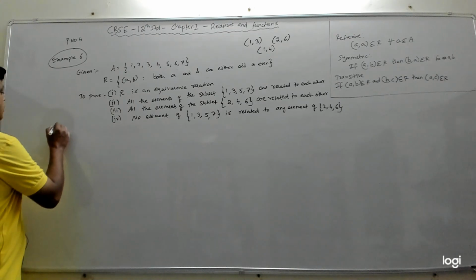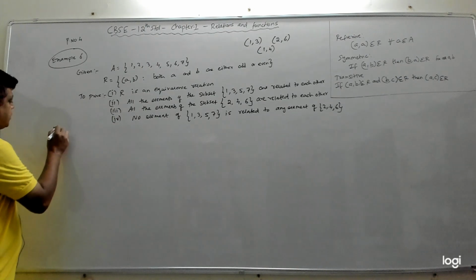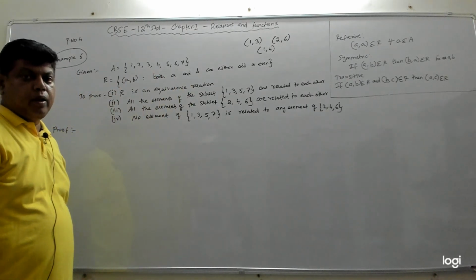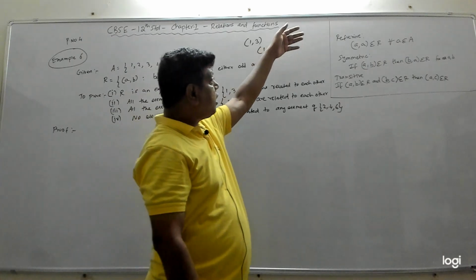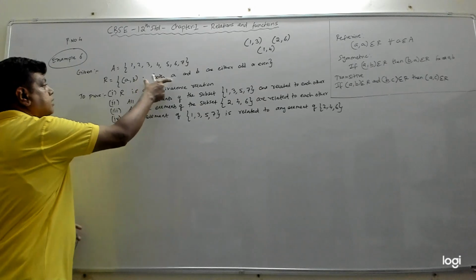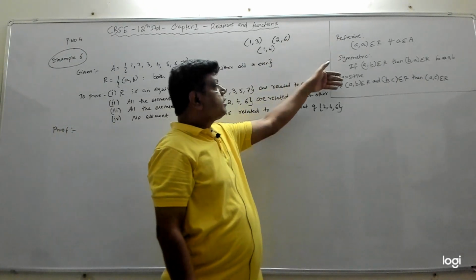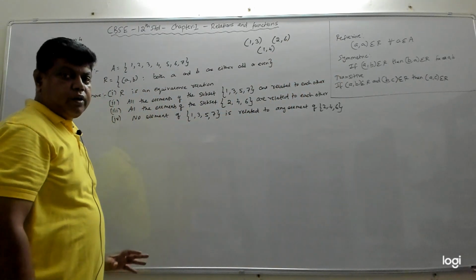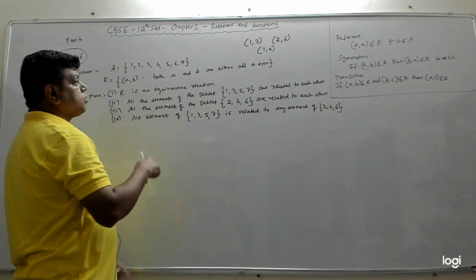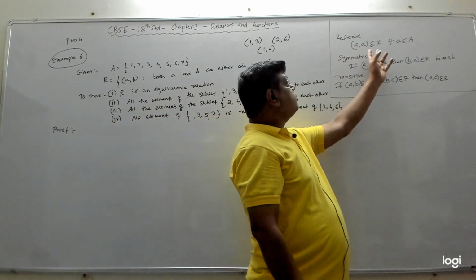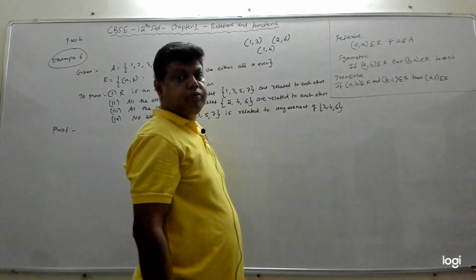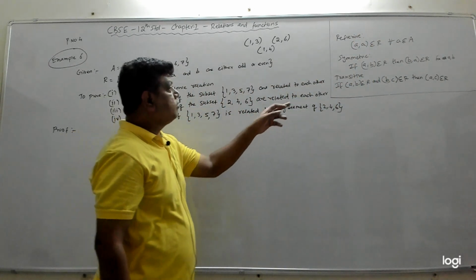So the proof is our solution. We have to first prove R is an equivalence relation. Now to prove R is an equivalence relation, we must prove that R is reflexive, symmetric and transitive. Right? We must prove that this relation satisfies the definition of reflexive, symmetric and transitive. Now first one is what? For reflexive, we should prove that any element A that we take from the set A, the pair (A, A) should be in R. This is the definition for reflexive relation.